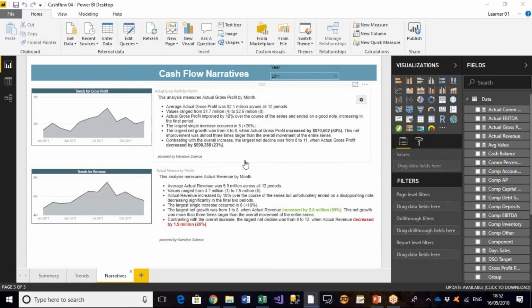What are the patterns within the data? What are the relationships within the data? So a product like this can take away quite a lot of the number crunching that people traditionally may be doing. So I think it's an interesting product, and as I say, it's got a long way